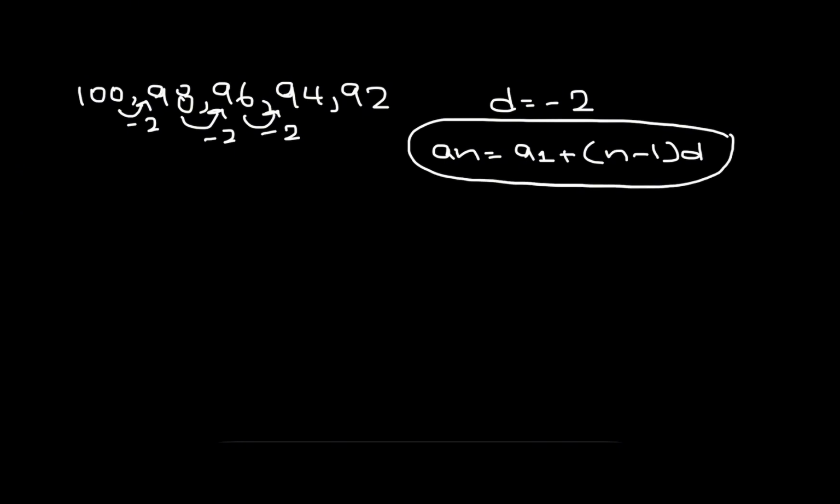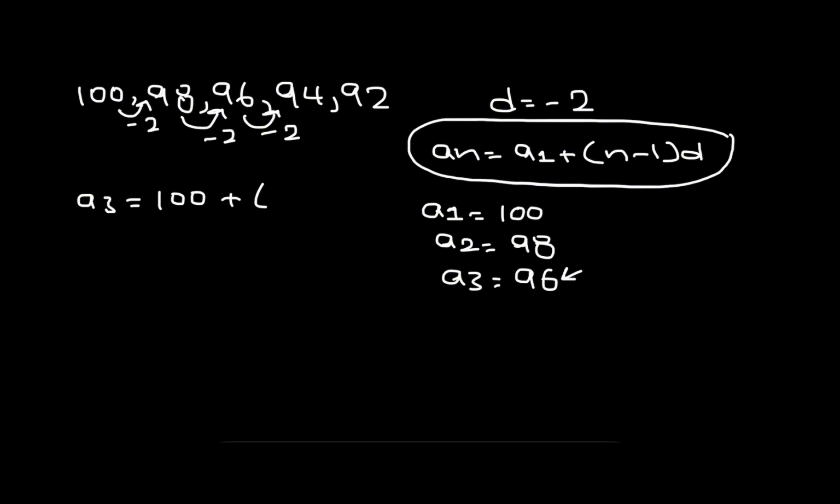Let's confirm that this sequence is indeed an arithmetic one using the formula. Now, a1 is 100 because it's the first value. a2 is 98, which is the second value, and a3 is 96. Let's use the formula to find 96 as the third value,